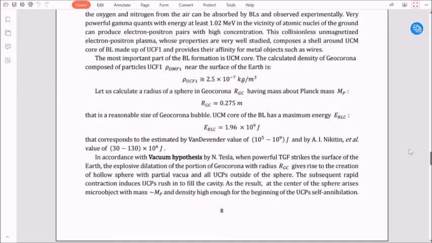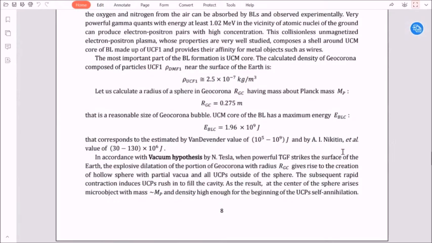The UCM core of the ball lightning has a maximum energy in accordance with the Planck mass, about 10 to the power 9 joules. That corresponds to the value estimated by Wendeburg, 10 to the power 5 to 10 to the power 9 joules, and by Nikitin et al., 130 megajoules. In accordance with the vacuum hypothesis by Nikola Tesla, when a powerful TGF strikes the surface of the Earth, the